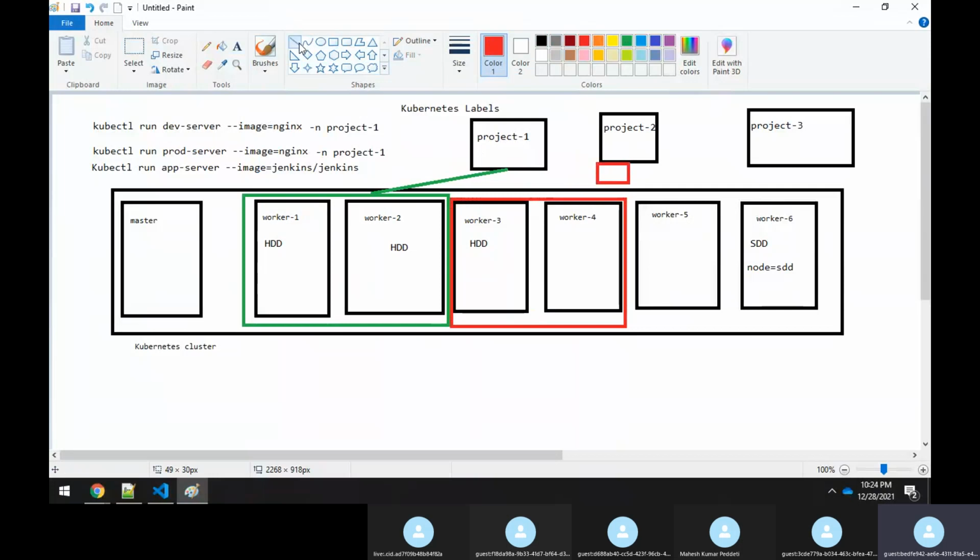So what does it mean, sir? Prior to binding, you set a label. With the help of a label, you can bind to a particular namespace, so that you are making a group of some nodes and assigning it to that namespace. Whenever any pods are created in this project 1 namespace, those pods will be created either in worker 1 or worker 2, not in other nodes. This is very useful, because even though you are creating a namespace, within the namespace you can even select the particular node where you want to run the pod. So this is a very useful feature, right?